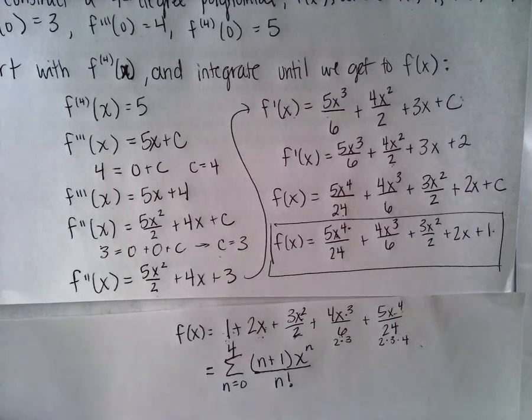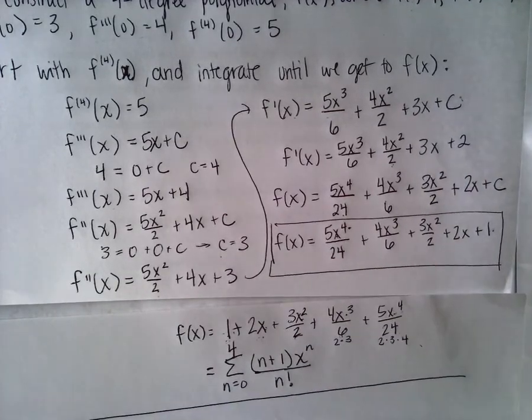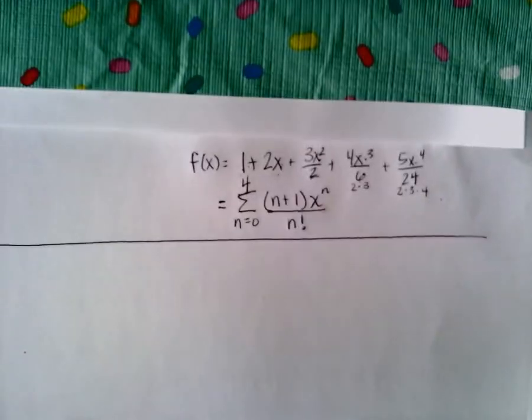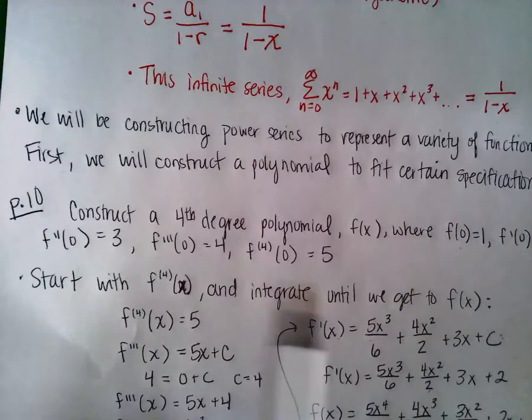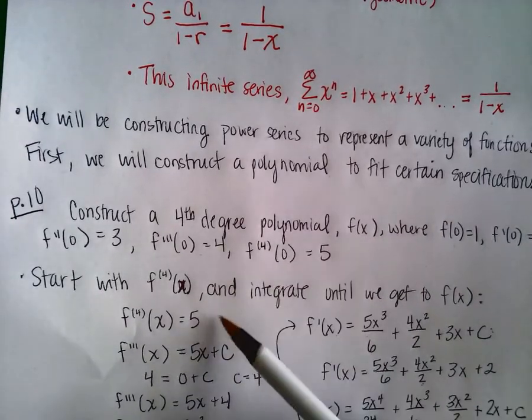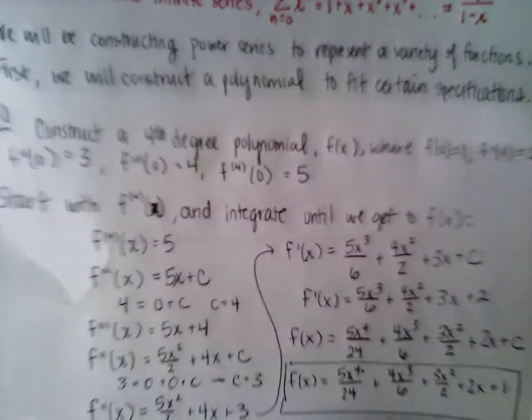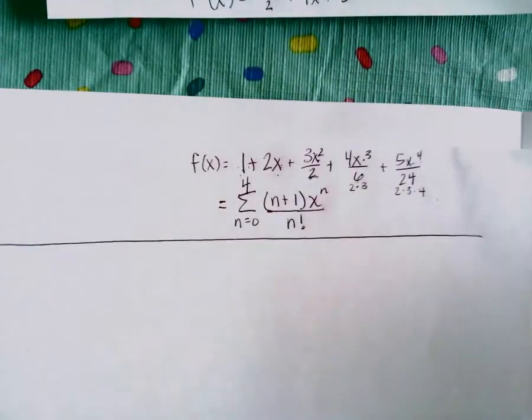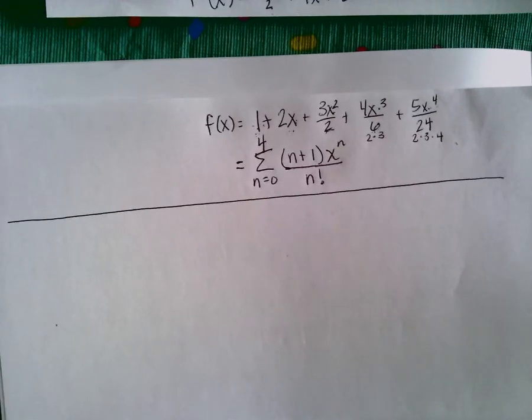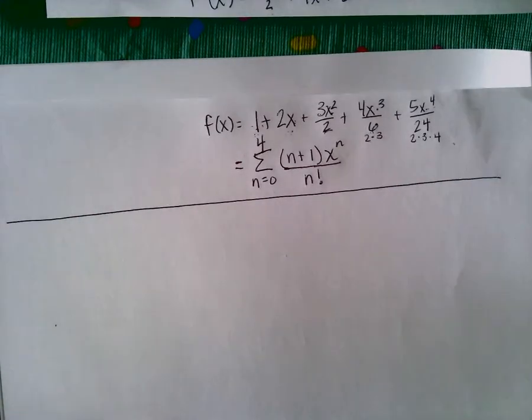Okay, so let's now go ahead and do a couple more definitions. So if you want to switch back over to your notes or squeeze it in also on page 10, that's fine. So we're going to kind of generalize what we saw on this previous example to other functions. Okay, so using derivatives at 0, as we saw here, is one method of constructing a polynomial. So that's kind of what we're going to do when we try to find a polynomial that represents a given function. So in general,